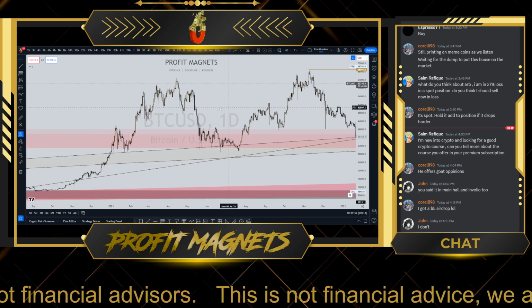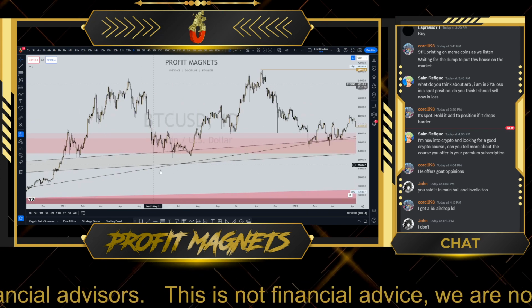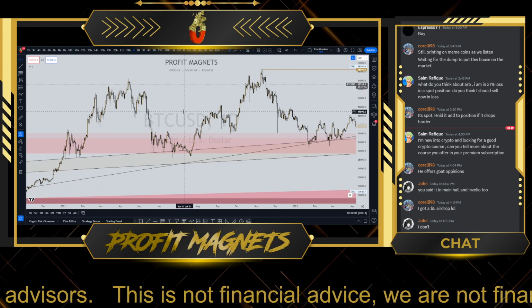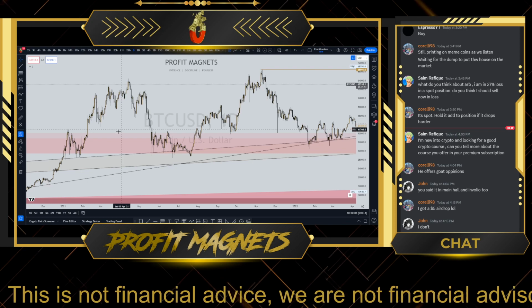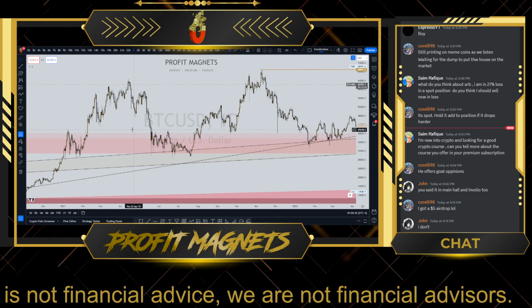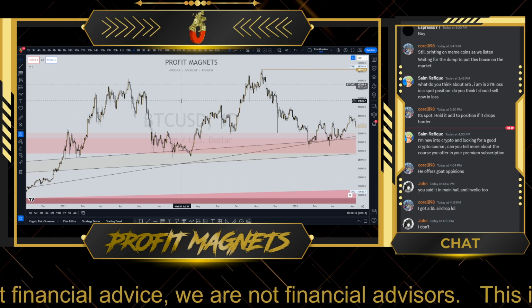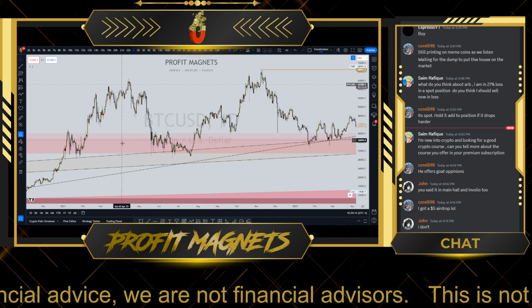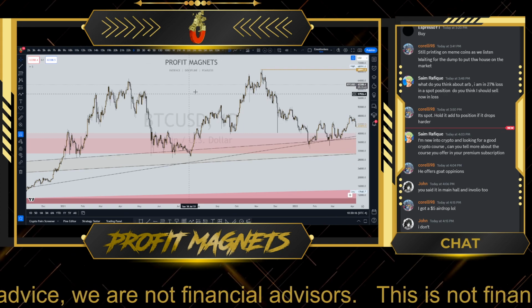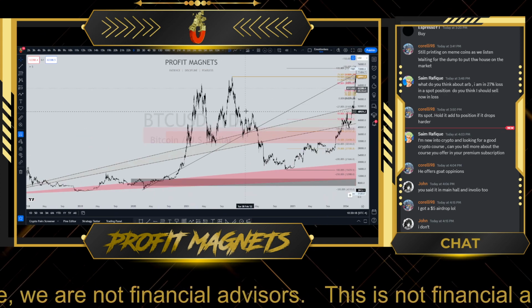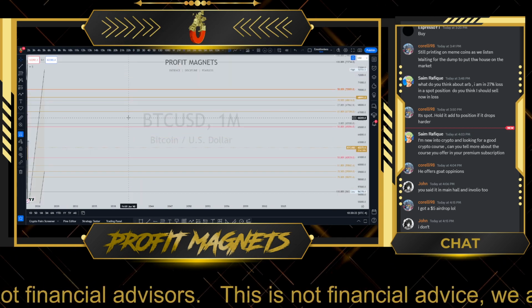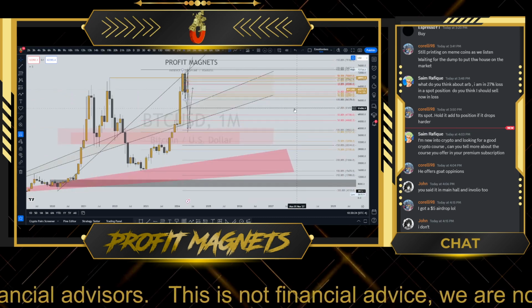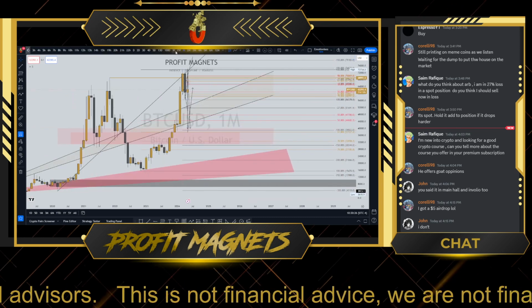Okay, but then it will be potentially what triggers, in my opinion, the Altseason. Just a move to the downside, because that will be what basically takes the altcoins to new lows potentially on some pairs, not on everything. This is where I would like to buy more of the altcoins in that type of scenario. Basically, in order for you to see what I mean, you need to go basically on the weekly, I believe.